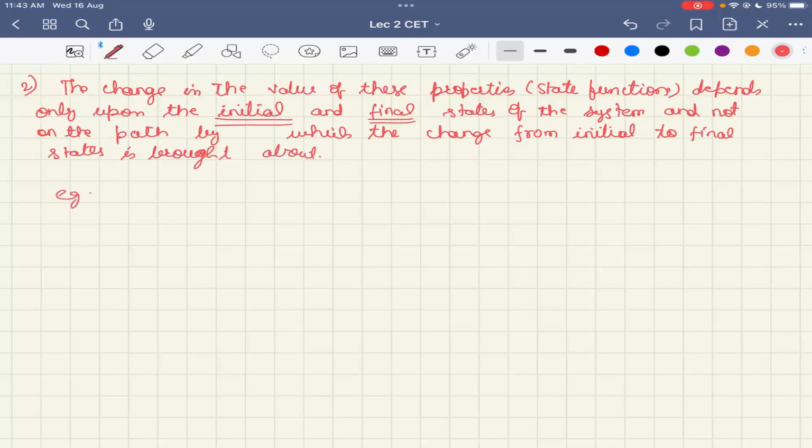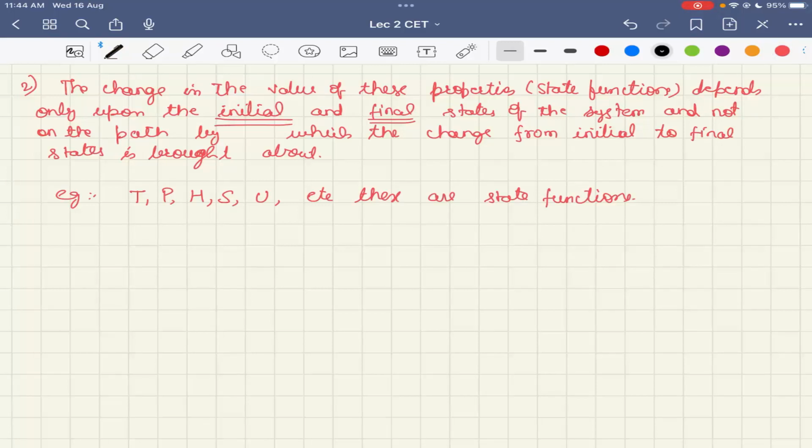So for example, temperature, pressure, enthalpy, entropy, internal energy, etc., these are state functions. Okay, so the next topic which we are going to study about is then there is also a concept of